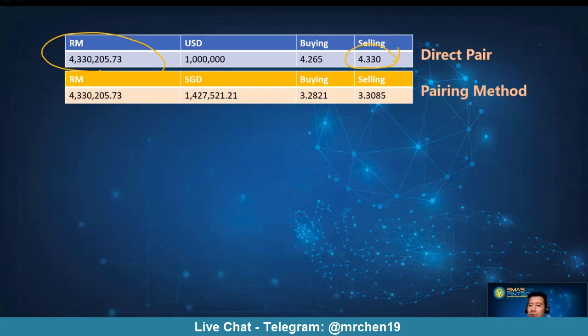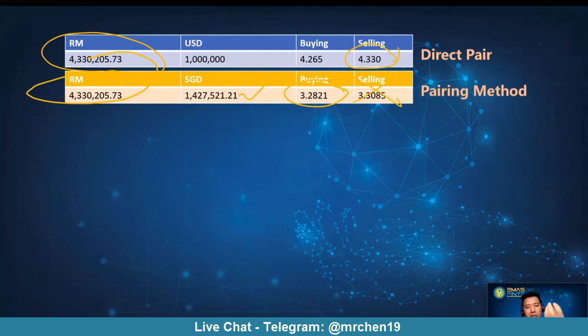But one thing, do bear in mind, right now I'm offering my ringgit to this bank. I'm offering to them because they need it. As they need it, I won't be trading with them based on the selling price. I'll be trading with them based on the buying price. With the same figure of 4.3 million, I can actually trade for more